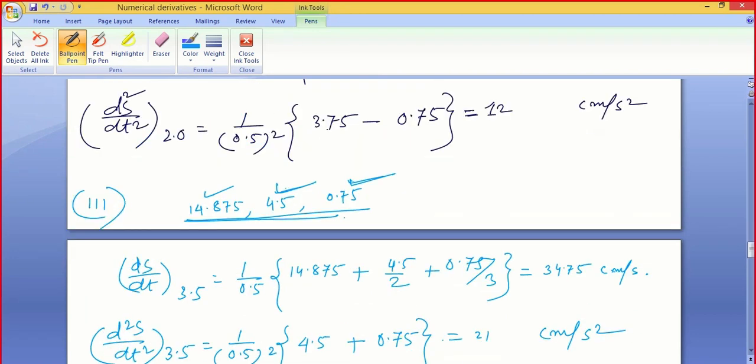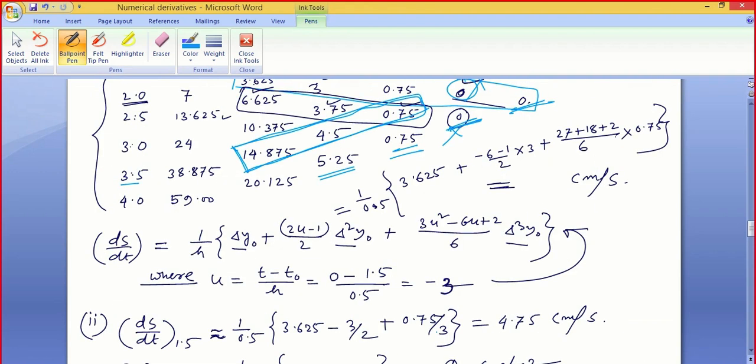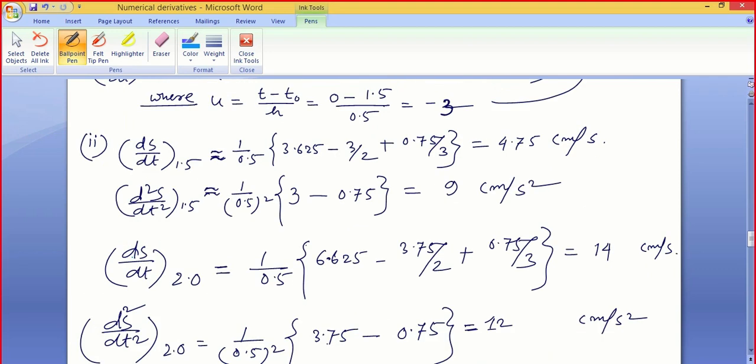So in that way, the particle is moving. At every point, you may be able to calculate velocity and acceleration. For the initial velocity or acceleration also, you may be able to calculate. Why have I used this formula here? Because the initial value t equals 0 does not coincide with this point. So you have to use Lagrange's formula, the starting formula. Means with the help of a suitable interpolation technique, you have to interpolate a polynomial with this data set, and then take the derivative of that polynomial. If the point coincides, then you will get the nice formula.